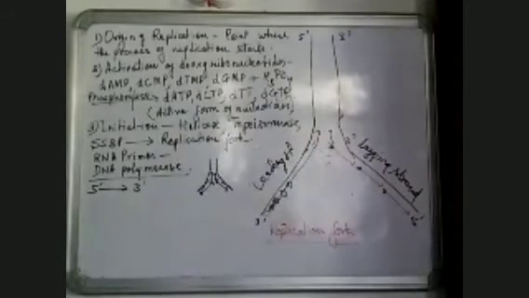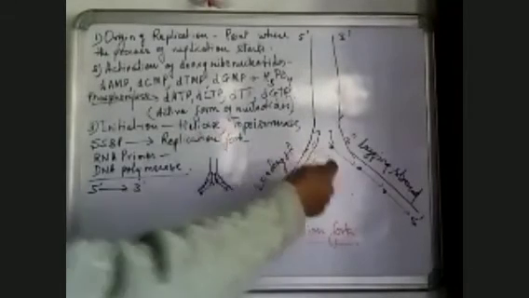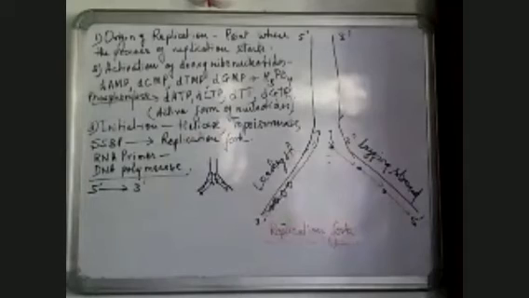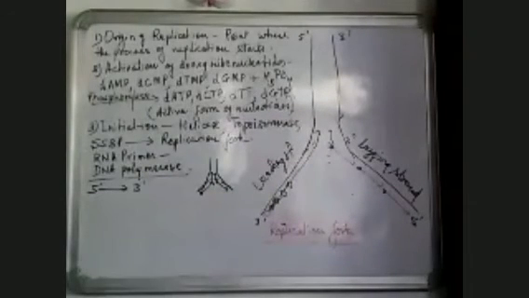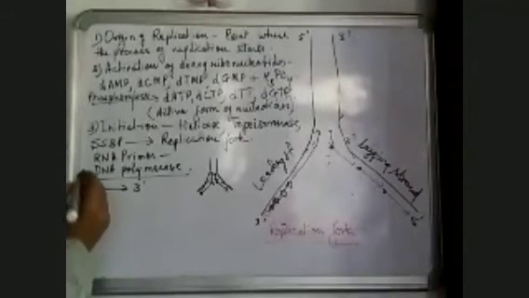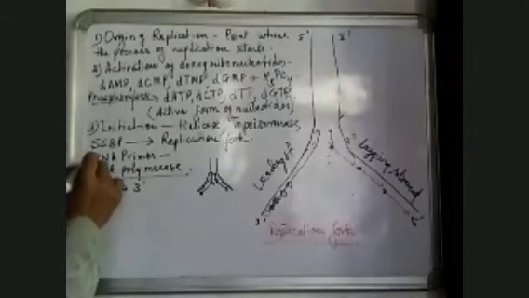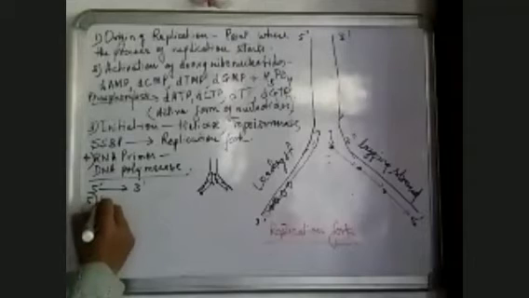Every time it opens, a new primer is formed, and when the new primer is formed, then DNA polymerase acts and forms a strand. So on the lagging side, the DNA strand which is formed is in the form of fragments, whereas it is in the form of a continuous stretch in the case of the leading strand. Now finally what happens? The next is base pairing, the fifth step. RNA primer addition is the 4th step, and the 5th step is base pairing.